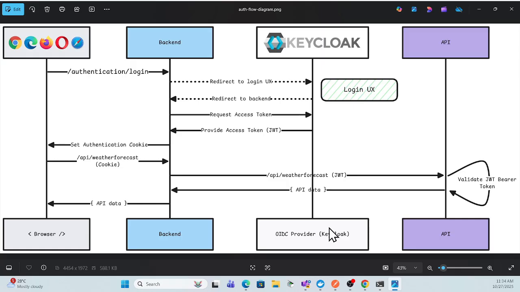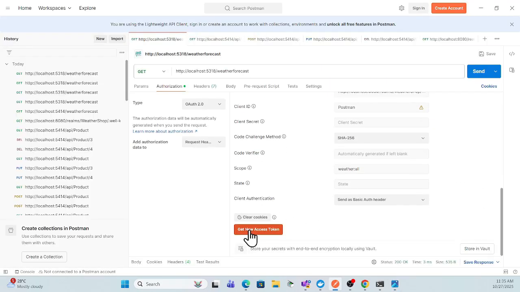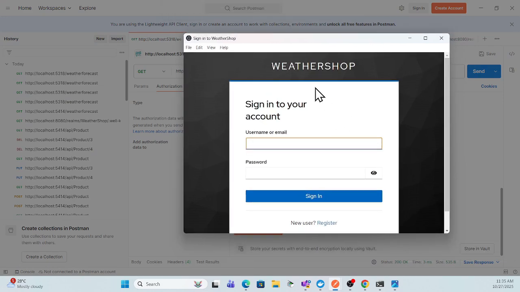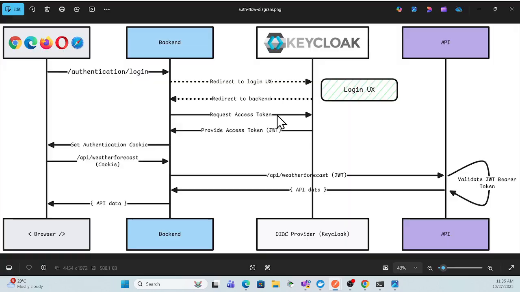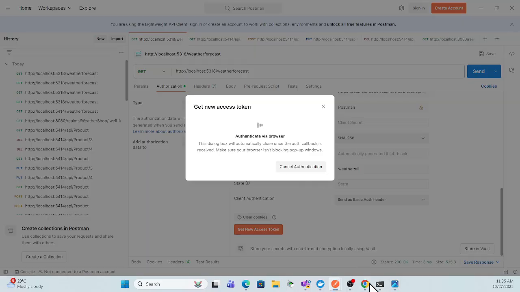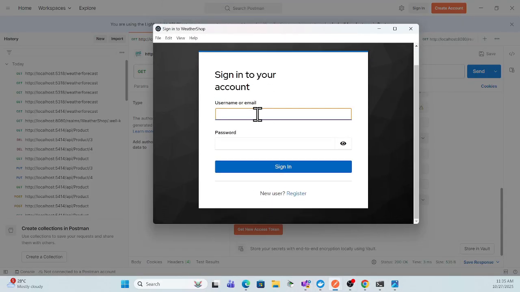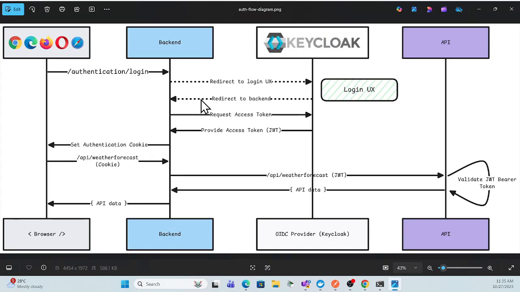So, for example, let me show you. Once I clear this out and click on that, you can see it is sent to this, right? And they get that login UX and redirect you here. Okay, so now you just add your login and